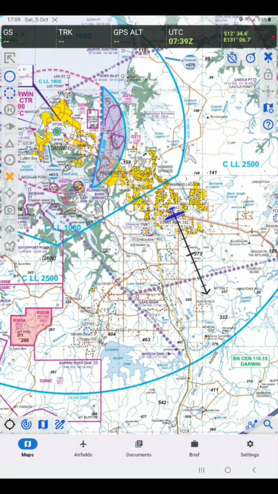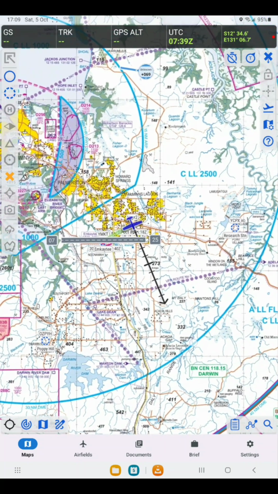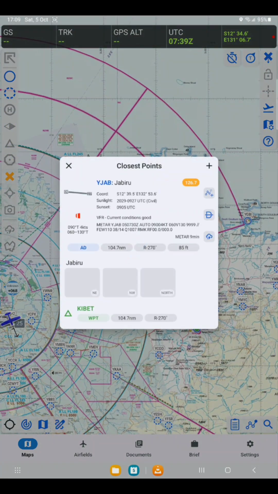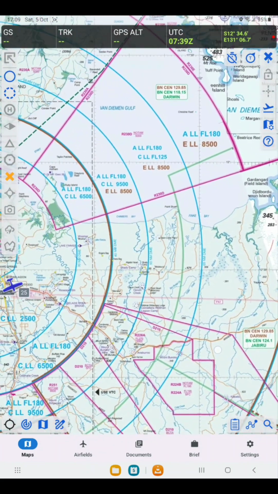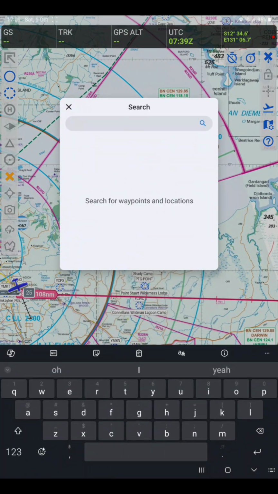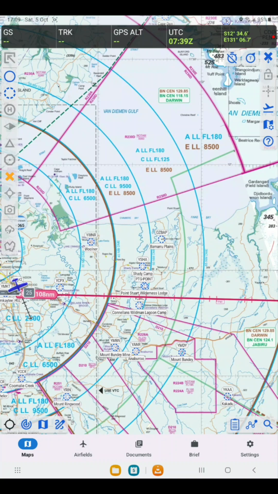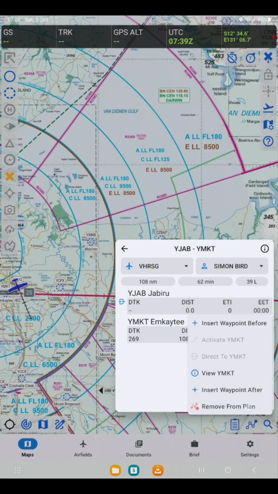For our position, I usually start by tapping and adding to plan for our beginning. And let's say we'd be going across to Jabiru. You can tap and add to plan, and it's created our leg there. Another way, down the bottom right here, is you can type in YMKT, tap on that, and just as we did, add to plan. Or you can create a quick plan, which if I clear all of this,